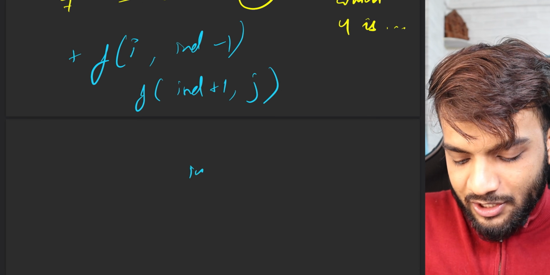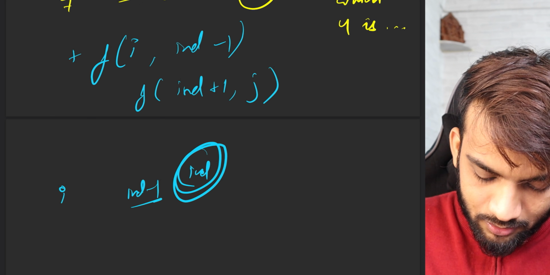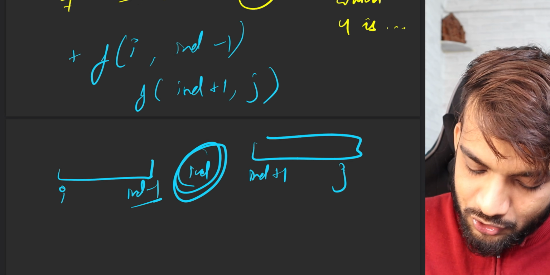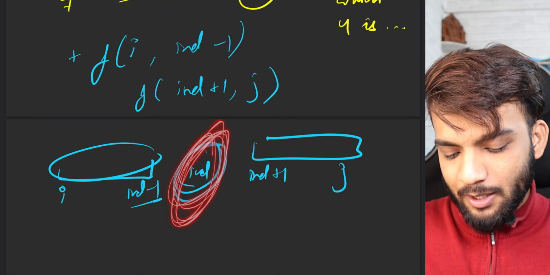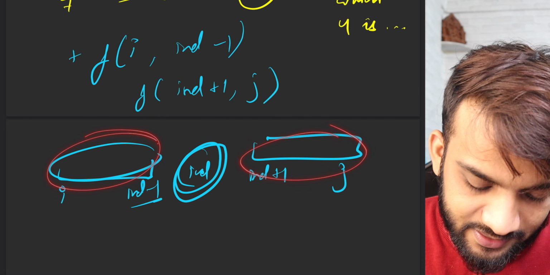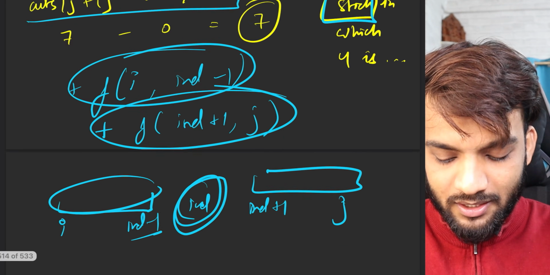Because I did a partition on index, I solve it from I to index minus 1, this smaller partition, and index plus 1 to j, this partition. So I just took a cut and I'll be solving these couple. And since they are sorted, they are independent. And since they are independent, I can just solve them independently and add up the answer with the current answer,